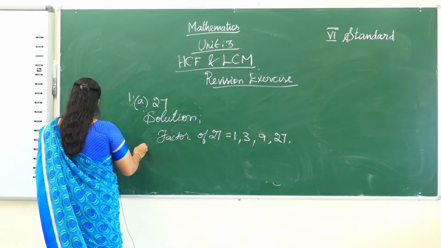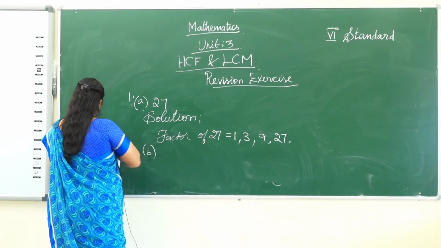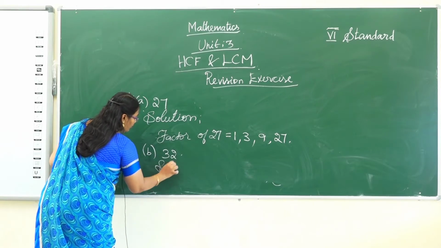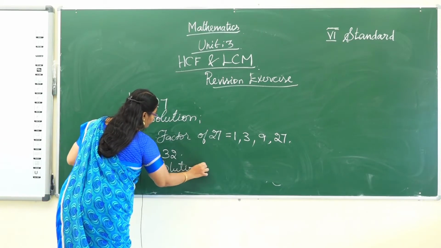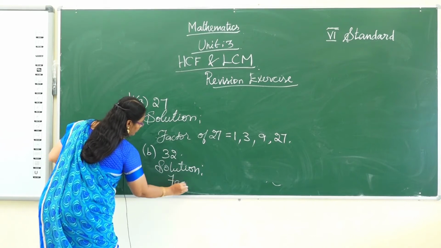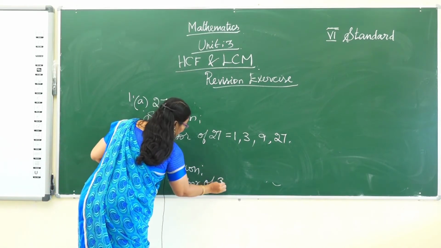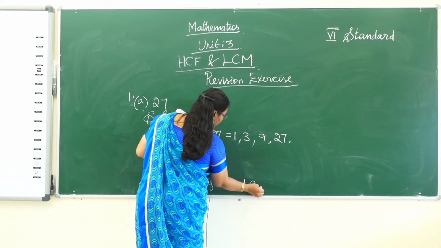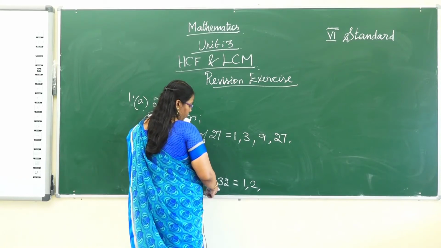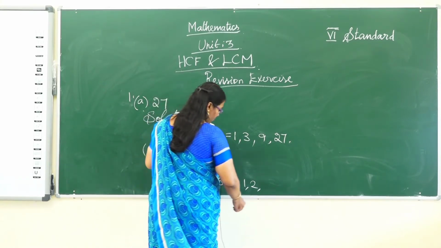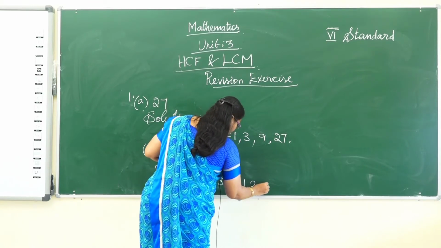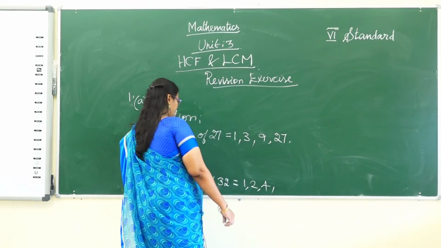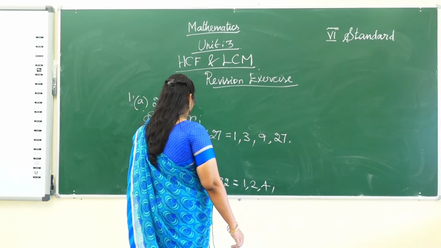Okay. Now see the B problem. 32 is given. So solution, factors of 32 are equal to, which are the numbers that divide 32? 1, 2, 3 is not possible. 4 is possible or not? Possible. 8 4s are 32. So 4, 5 is not possible, 6 is also not possible, 7 not possible, and then